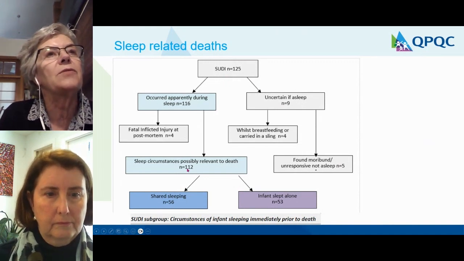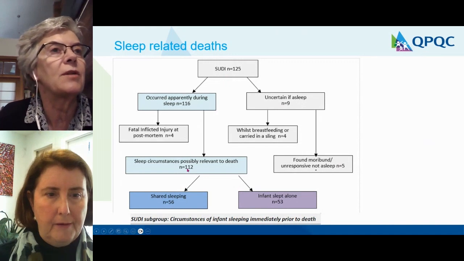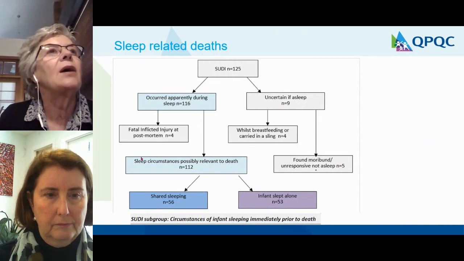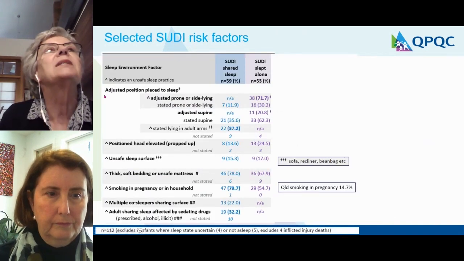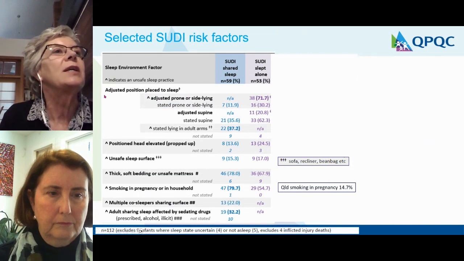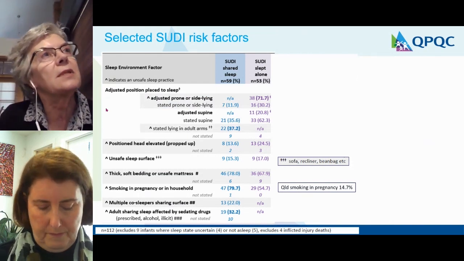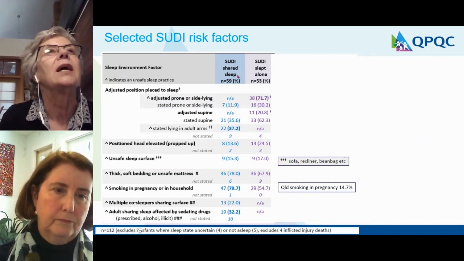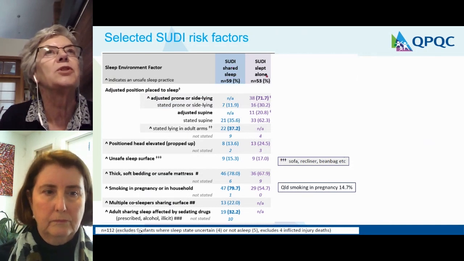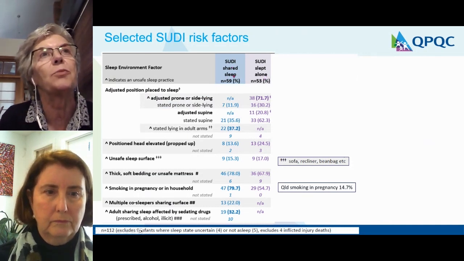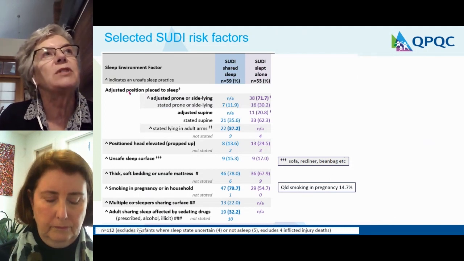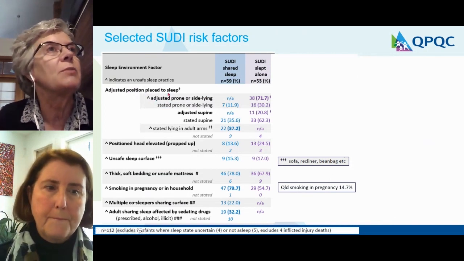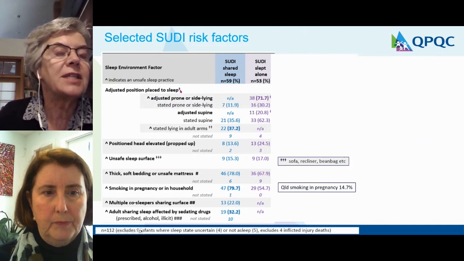And we divided these into infants who were shared sleeping with an adult or other person and the infants who slept alone. I'll go through these data, but I will show a graph that explains them if you're having trouble seeing. So we identified 8 different SUDI risk factors. We didn't consider shared sleep in and of itself as a risk factor. And we compared shared sleep with infants who slept alone just to get a feel for which factors were predominant. And we were very much interested in position place to sleep, but we created a variable called adjusted position place to sleep. Now, I'll just take you through the journey to get there.